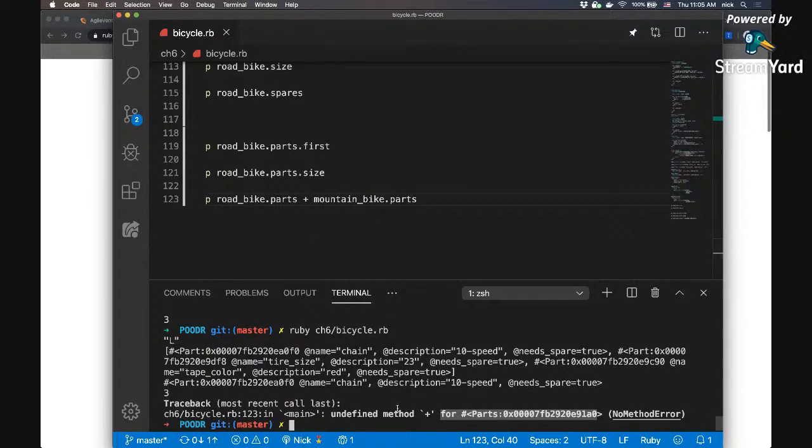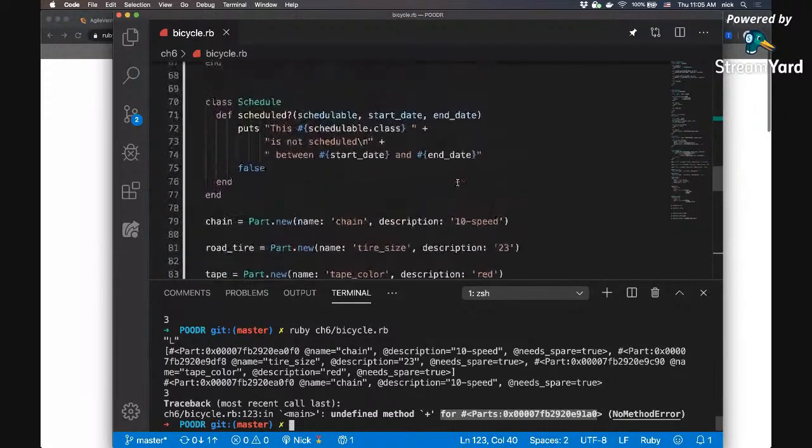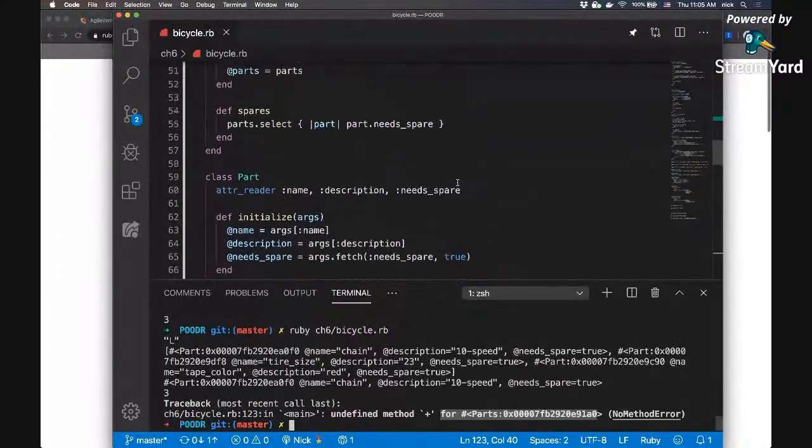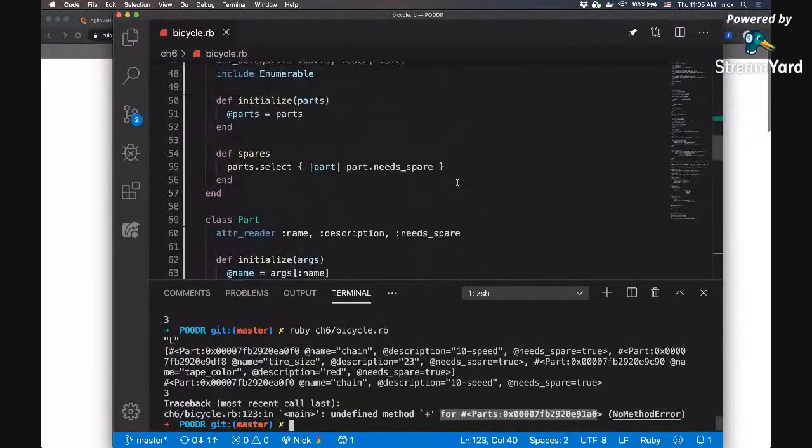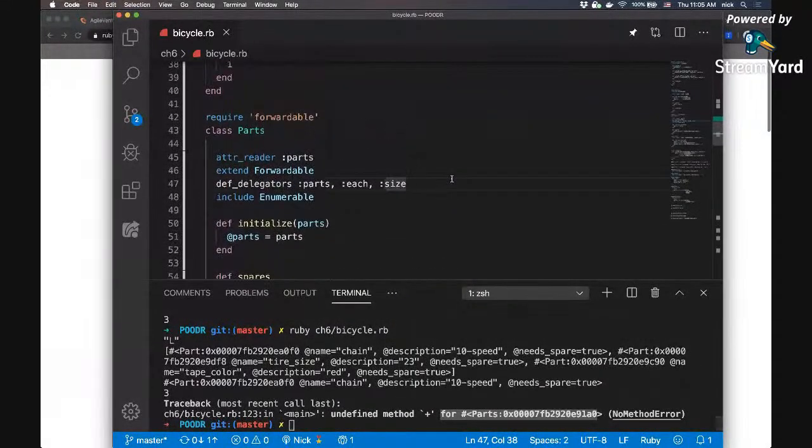And if we absolutely want that, we can just say, well, we want parts to understand the plus method, and we have an array that understands the plus method, so we can just add that to our def delegators, and then when we run it,